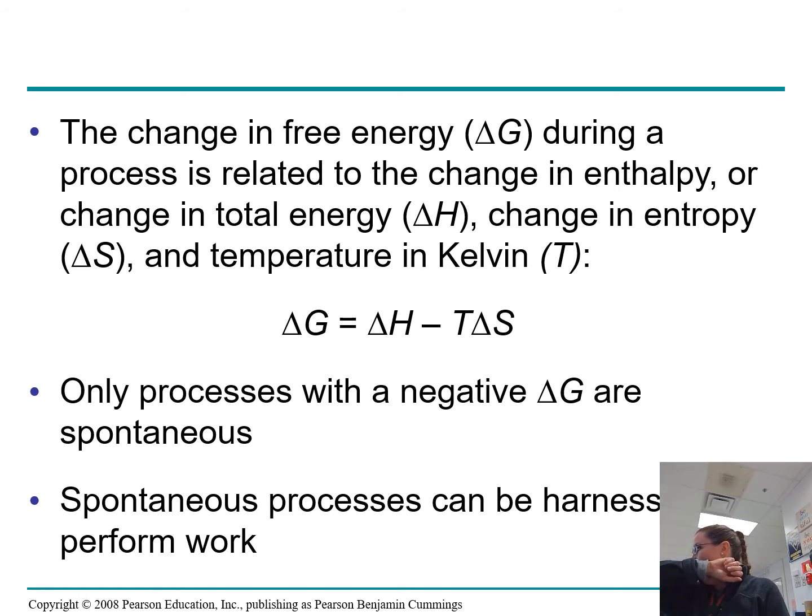And if we get a negative delta G, those reactions are spontaneous. Spontaneous means it just happens. If it just happens, that means we're probably increasing the disorder of the system. If we are increasing the disorder of the system, bonds are being broken. If bonds are being broken, energy is given off. And so we can measure the energy within a system, and if it decreases, we know it's a spontaneous reaction, and we can predict our Gibbs free energy value will be a negative number.